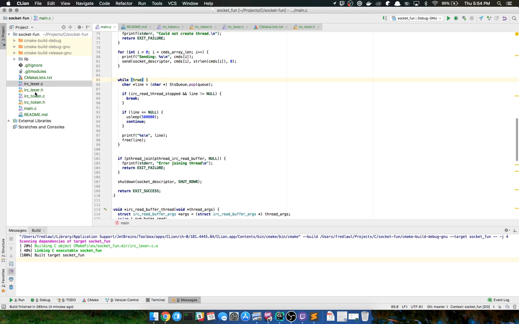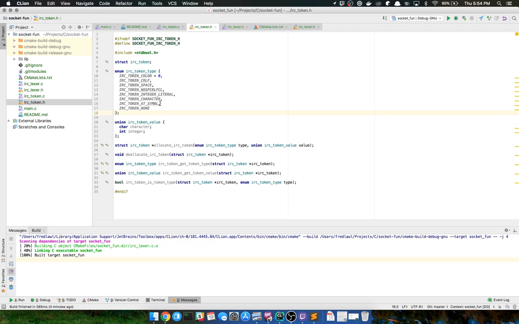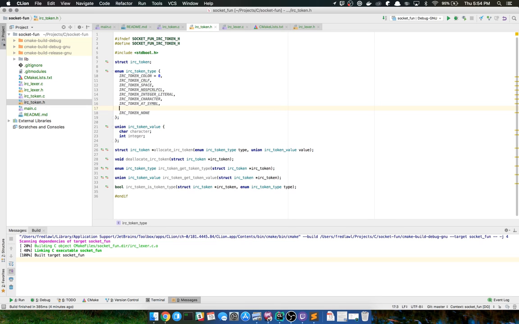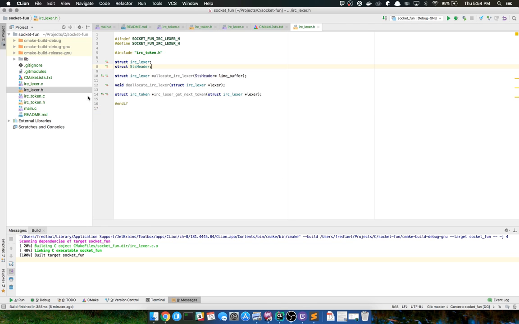Which reminds me, I think I want to add in a token for that specifically. And I know I have IRC token none, but that means something else. So I'm just going to add in EOF. I typically do this so I know when I'm at the end of file, or end of line. In this case, we're going to consider whatever's being streamed in as an actual file, except the queue is going to be a line-by-line version of that file. So I think having IRC token EOF might be pretty appropriate for that.